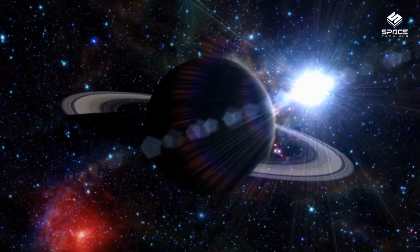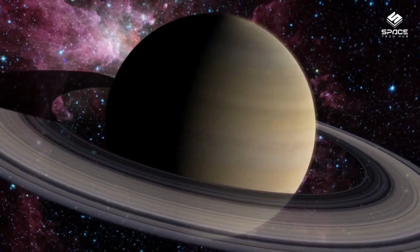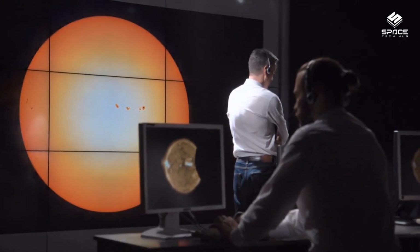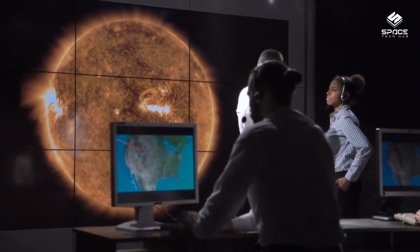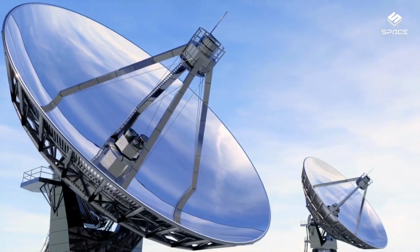In today's episode, we're going to talk about a stunning new image of Saturn's rings and several moons captured by the James Webb Space Telescope, or JWST. This image was released by NASA yesterday and it shows Saturn in unprecedented detail, revealing features that were previously invisible to other telescopes. Let's take a closer look at this amazing picture and what it tells us about the ringed